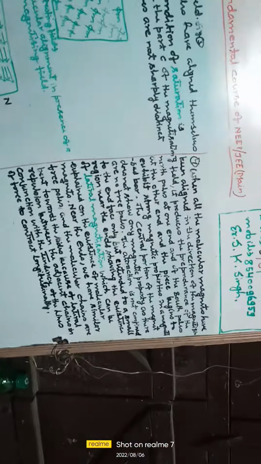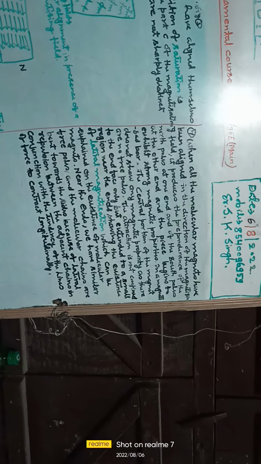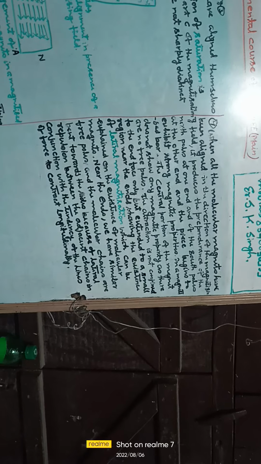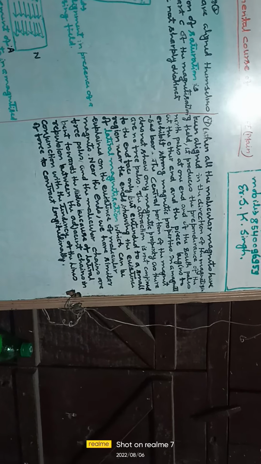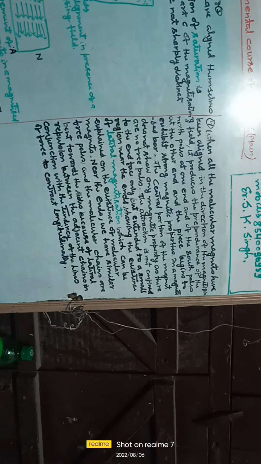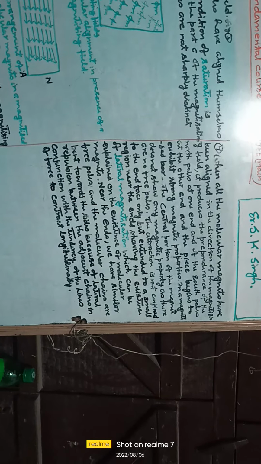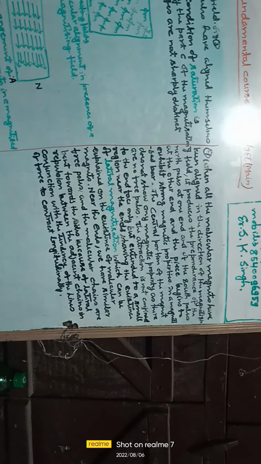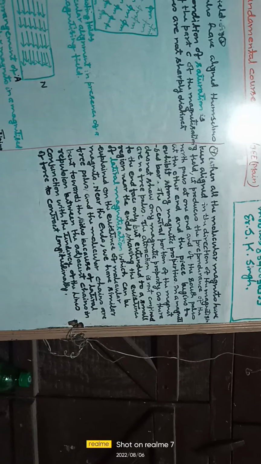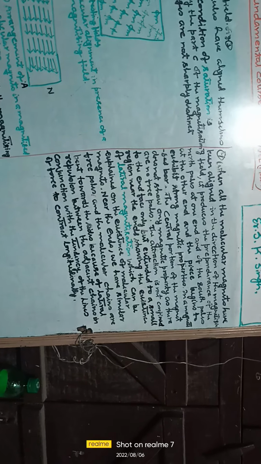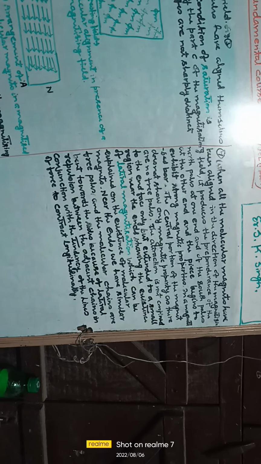Now, the fourth point: when all the molecular magnets have been aligned in the direction of the magnetizing field, it produces a preponderance of the north poles at one end and of the south poles at the other end, and the piece begins to exhibit a strong magnetic property, in a magnetized bar. The central portion of the magnet does not show any magnetic property